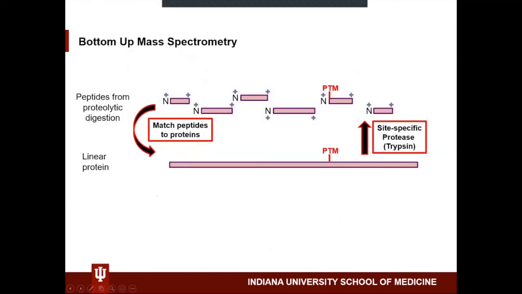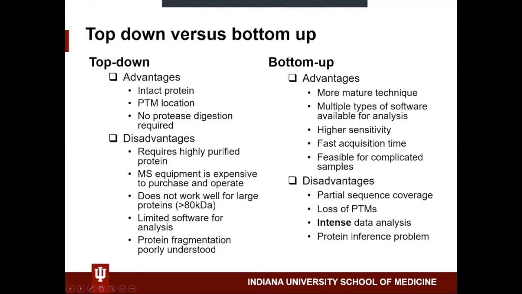So bottom-up mass spectrometry, which is most of what we're going to talk about the rest of the lecture, involves taking a protein or a mixture of proteins and digesting it with a protease. Trypsin is the standard protease, into peptides, and then analyzing the individual peptides by mass spectrometry. You then have to do data analysis to match these peptides back to the source proteins. And obviously, any peptides that are either too long or too short, you won't be able to see by mass spec. So again, there are advantages and disadvantages to both. As usual, it just depends on your